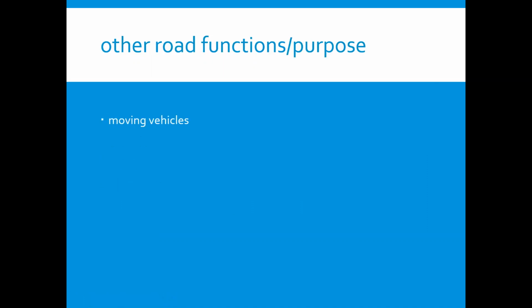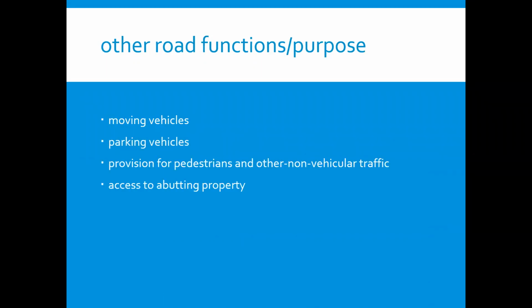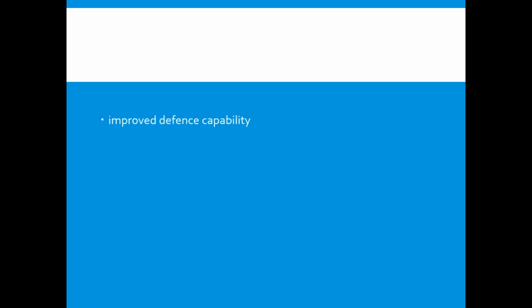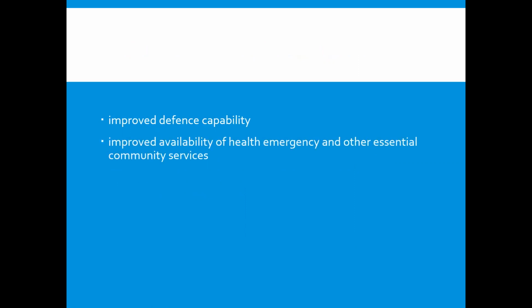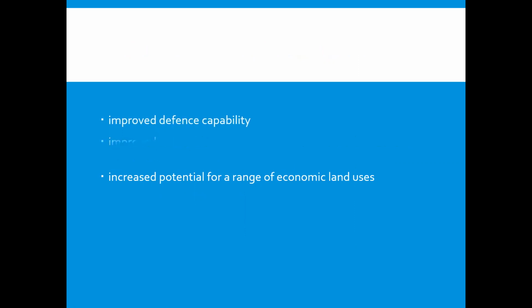Roads may serve other purposes, such as moving vehicles, parking vehicles, provision for pedestrians and other non-vehicular traffic, access to abutting properties, access in case of natural disasters, improved defense capability, improved availability of health, emergency, and other essential community services, and increased potential for a range of